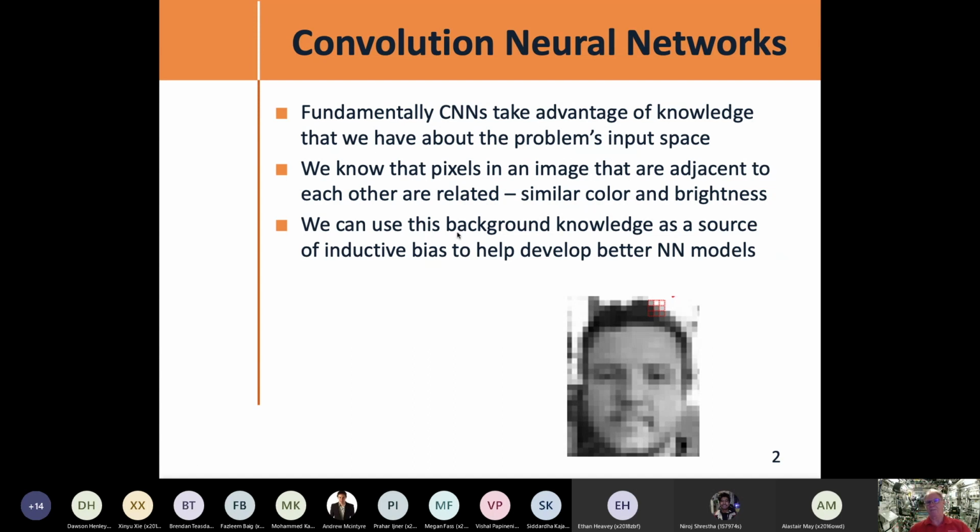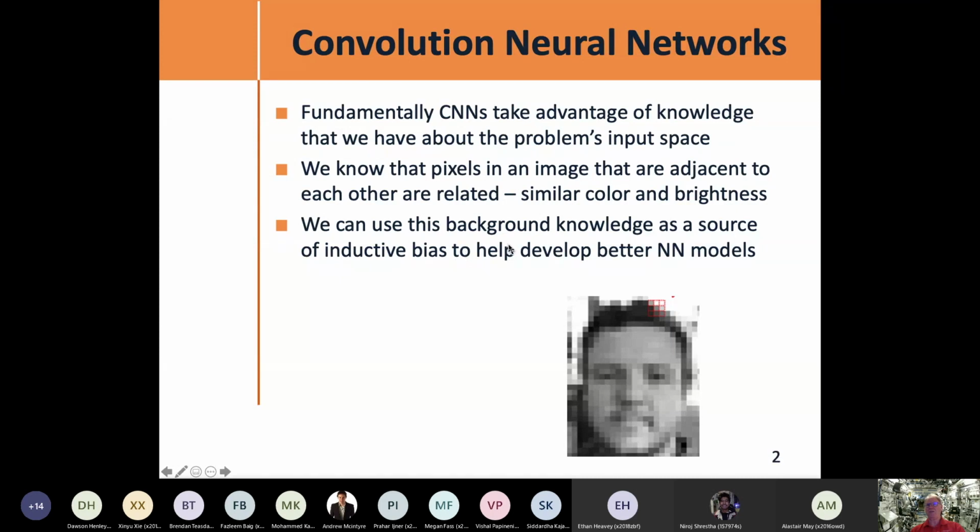So if you think about a pixel in an image, such as this one right here, this one pixel in the middle of the little red area, that pixel has other pixels around it, and those pixels around it are likely about the same. We can make an assumption that they're going to be similar in color and brightness. Look at a pixel in the dark area on the person's hair. All the pixels around it are dark, and even for this one, most of them are dark. There's one light one and a couple of gray ones, but the assumption still holds. So we're assuming that the pixels adjacent to any one pixel are going to be similar in a way. So we're going to take advantage of this.